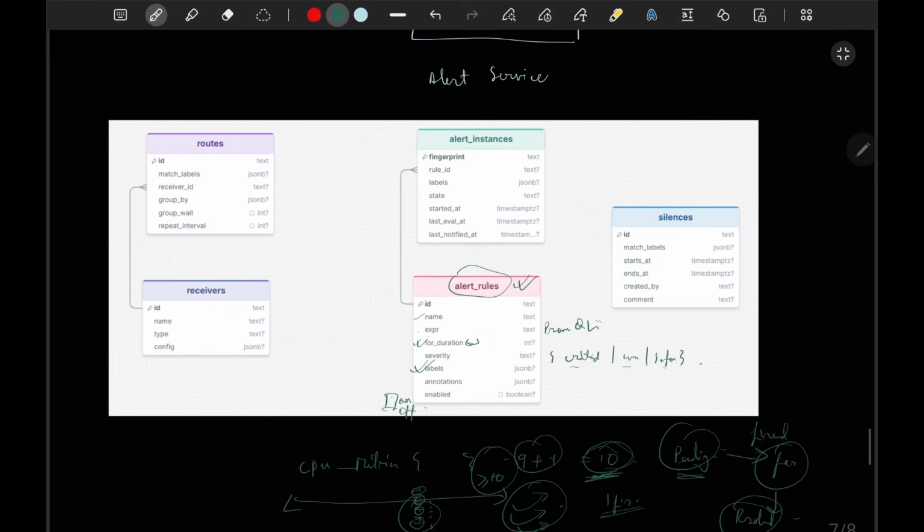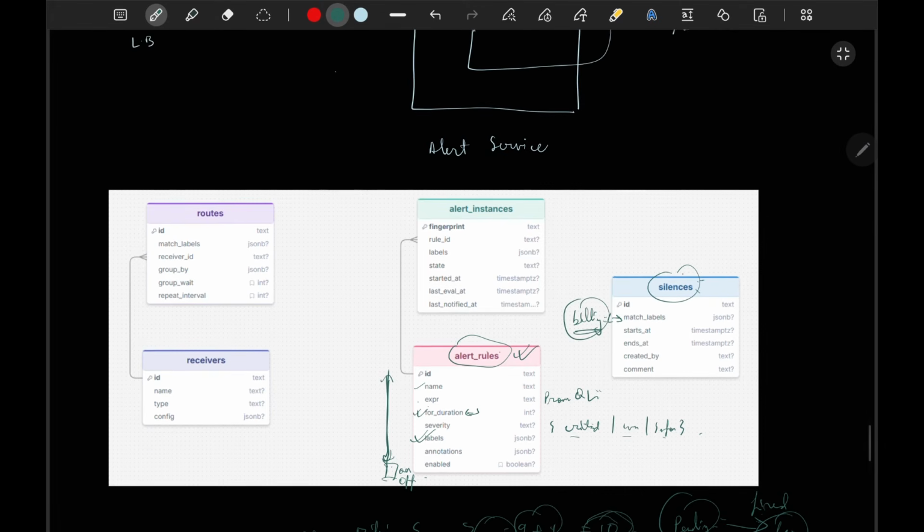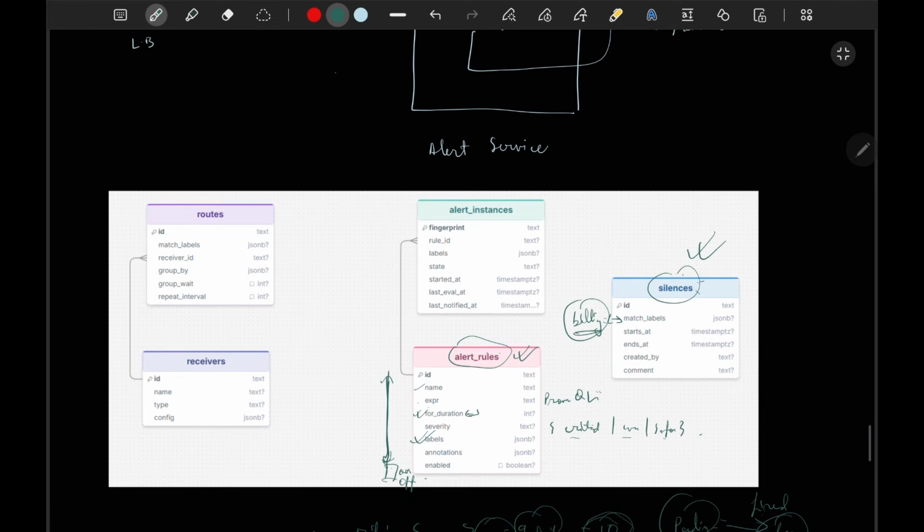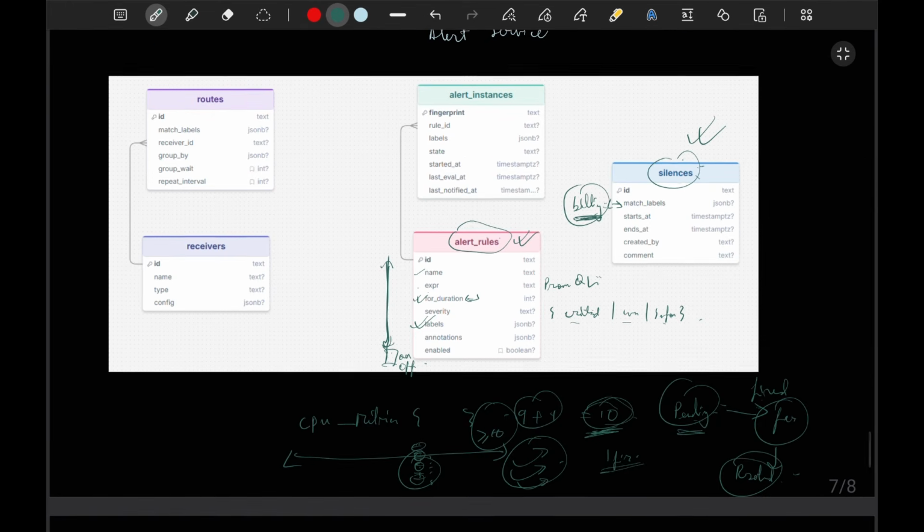Silences is just the opposite of alerts. Let's say you have all these in place, but at the same time you want to silence some typical scenario. For example, in the case of billing, you have put the service down for some time. So you will put a label of billing, and while the engine is doing query, it will call from the silences part and see, okay, with respect to billing services, if CPU or something is spiking up, then we will